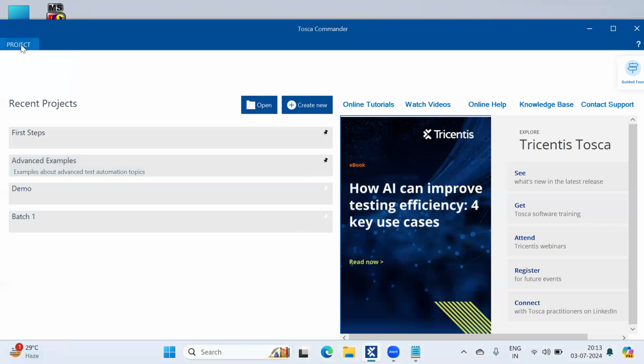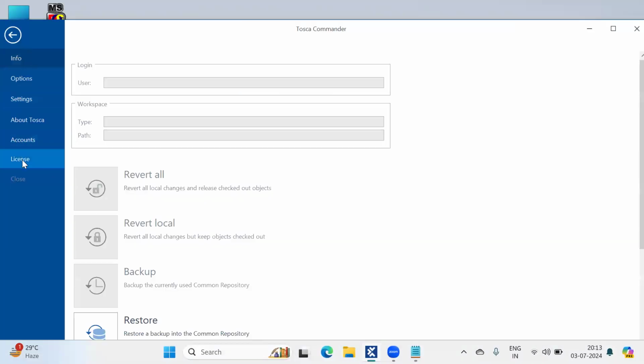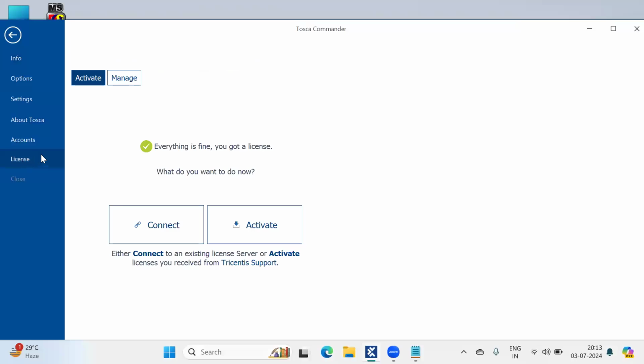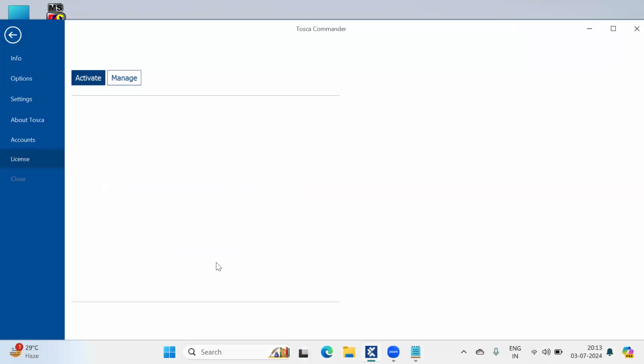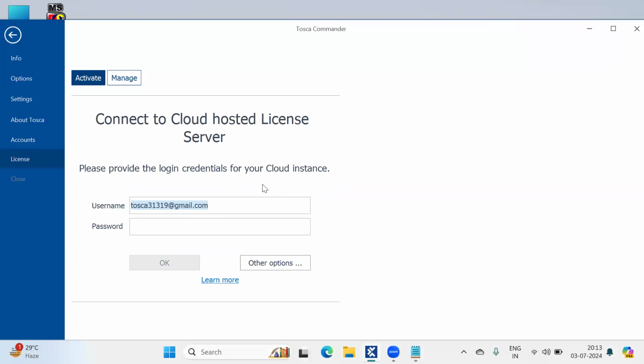Here go for the project. Here you have the license option. Here it will be activated. Now I have already connected. My license is activated. Just click on this connect. You need to select connect to cloud hosted license server. While we were requesting the license, we selected connect to cloud hosted license server. Once you click on this option and click on OK, it will ask you for the credentials.